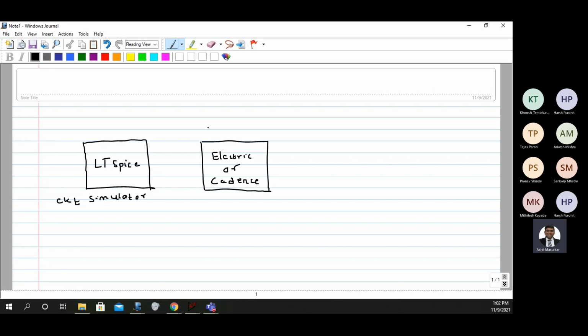Now you want to make a chip. So make a chip means what? You may have to do something called layouts. You may have to do RC estimation.